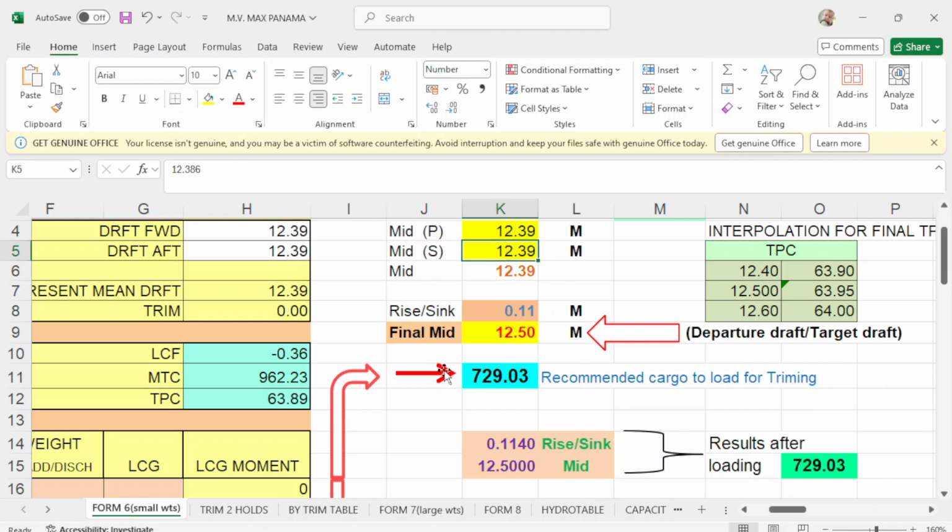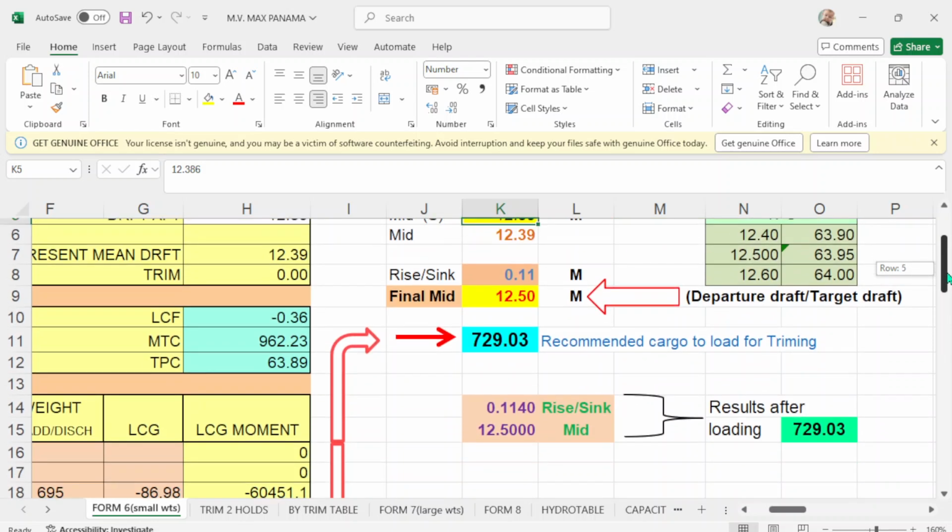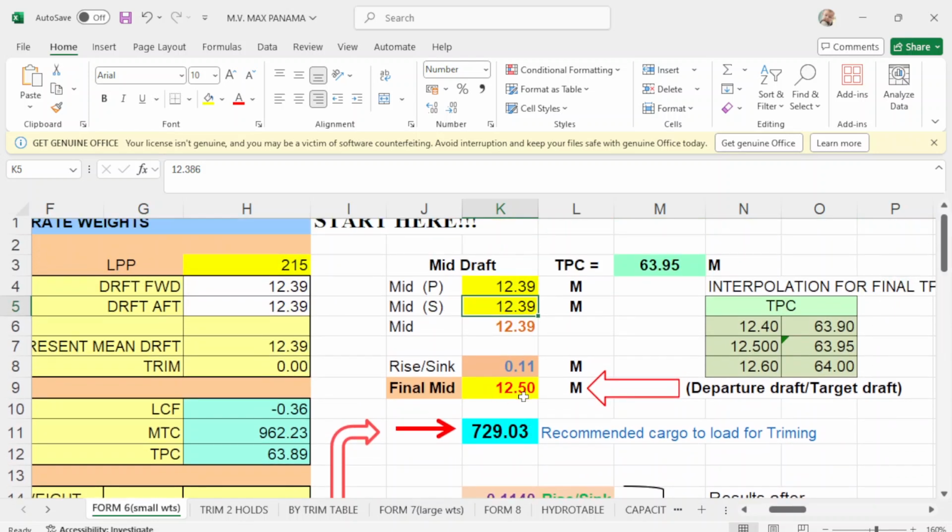Okay, so what will be, for example, if this is your departure draft 12.5, this is not part of the problem. Okay, but I just want to give an example of how to use this program. So your departure draft is 12.5.